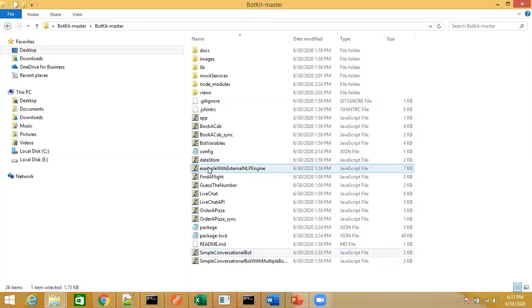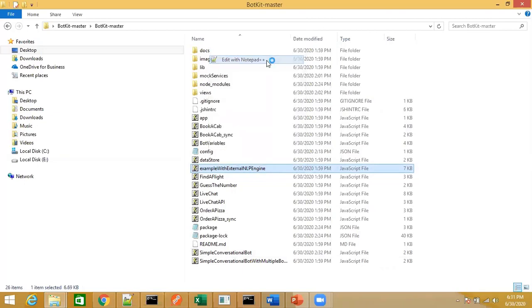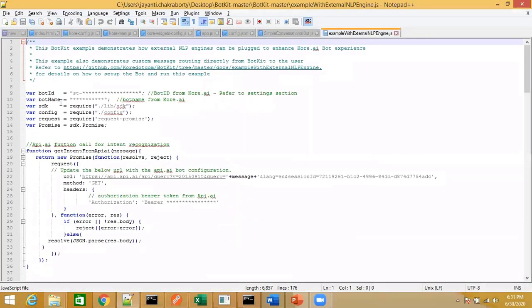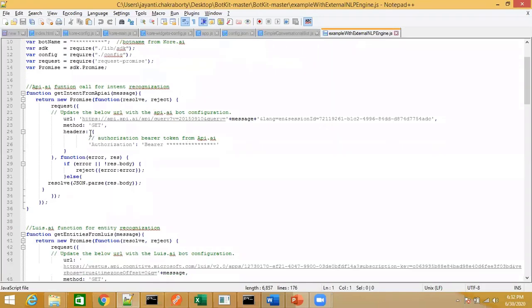If you want to integrate with some external NLP engine, you will get the coding to do that in that particular file. If you open the file, you can see that if you are integrating with API.ai, an external NLP engine, then this is the function that will be triggered where you need to provide your configuration.